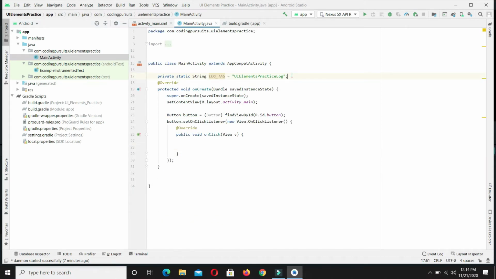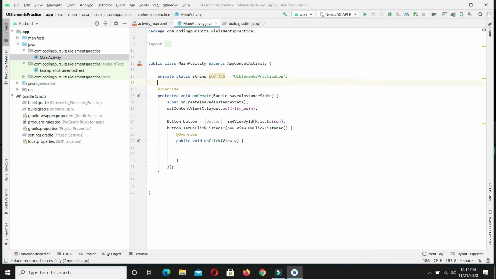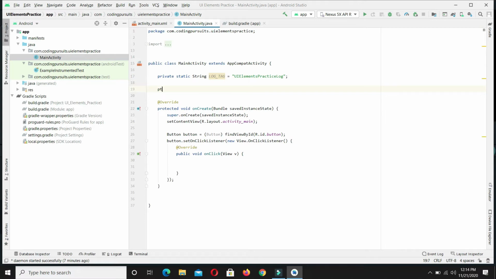So from here, because we have to provide the list of inputs for the user, first of all, let's write the list: private static final String fruit names. So we will declare a fruit array here. Let's select some names: